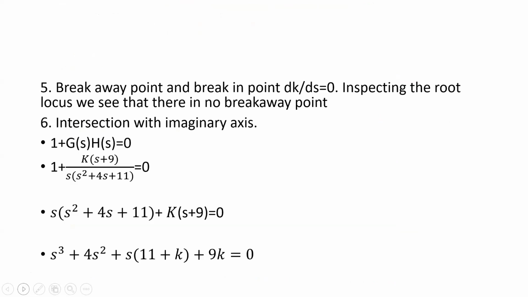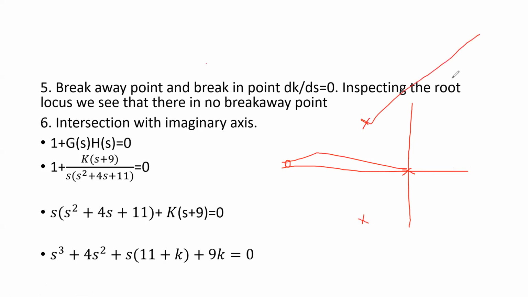Again, when you look at this, for one pole there is a zero. This is the imaginary axis, real axis. You have a pole here and we have a zero here. So the root locus which comes out of this pole will converge here. We have one pole here and one pole here. They'll anyway start going like this towards infinity. So there is no question of them coming to the real axis and converging.